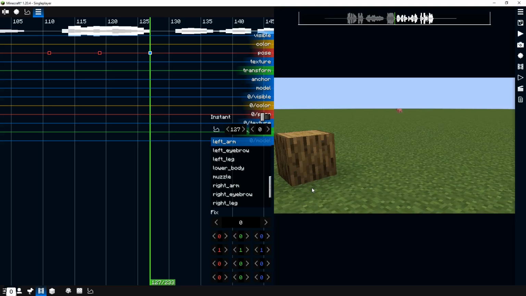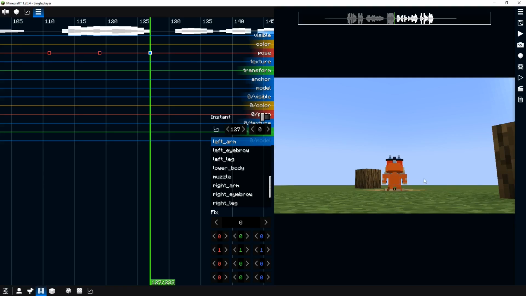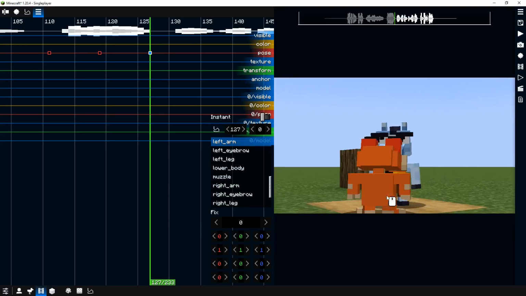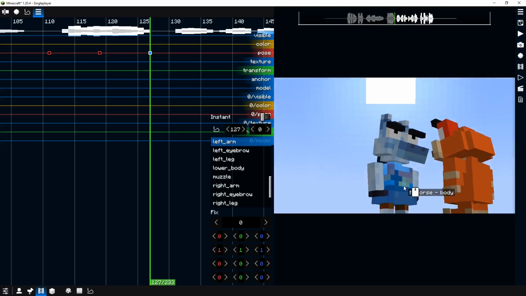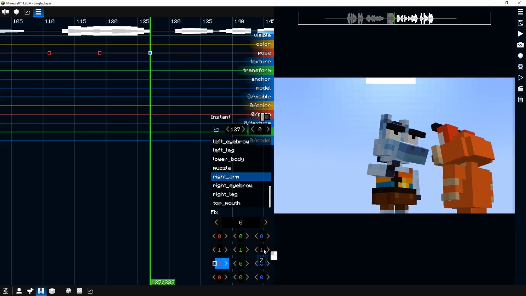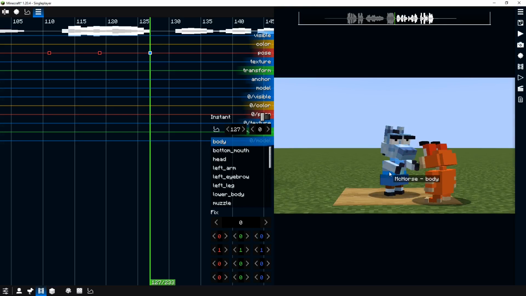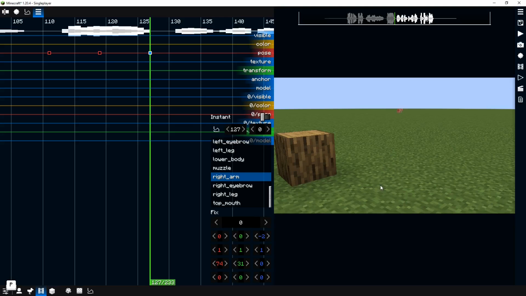That's why you can use the O, change the perspective, and then switch back to the orbital mode, and then just orbit around, and just move the arm like this. Move it so it would look